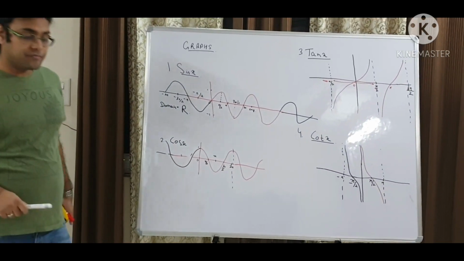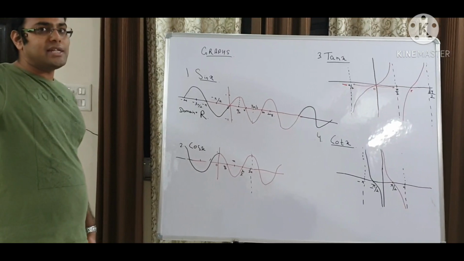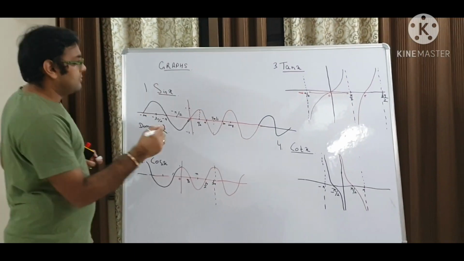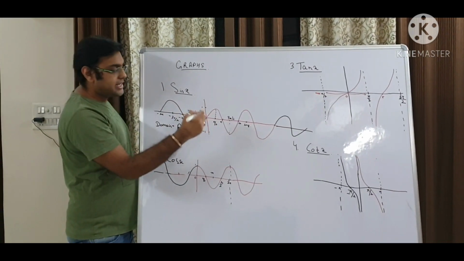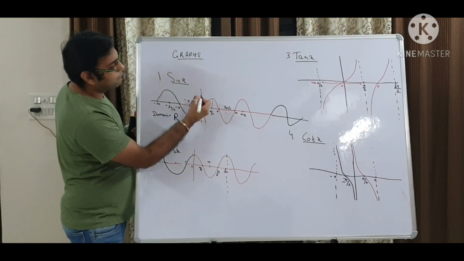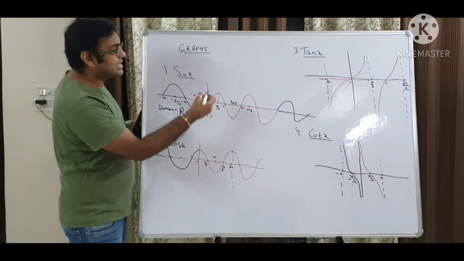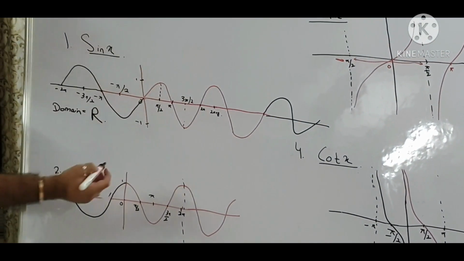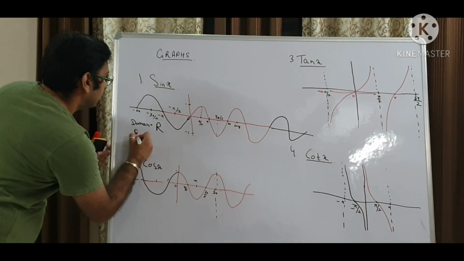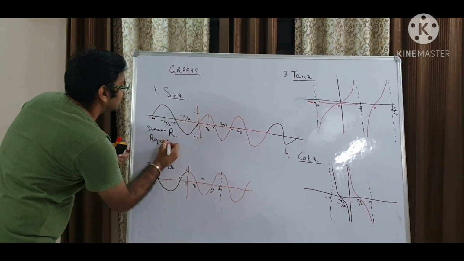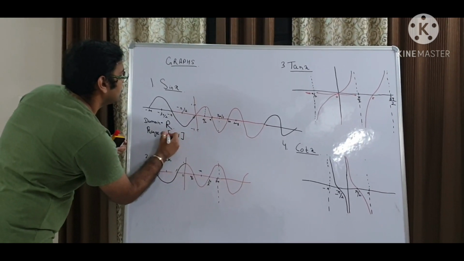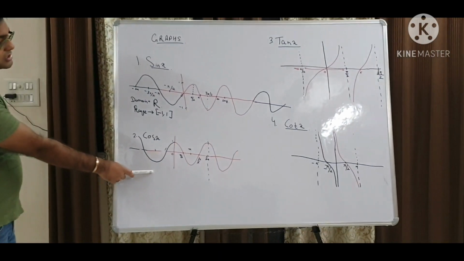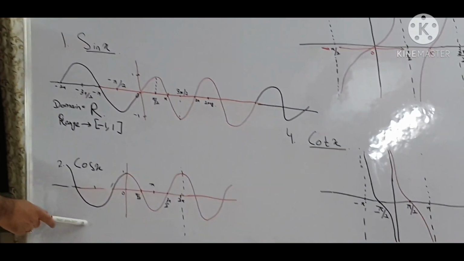And now what is range? Range is, you can say, all the values of y that a function can attain. Now in this curve of sin x, the maximum value is 1 and the minimum value is minus 1. This sin x curve is oscillating between the values 1 and minus 1. Hence, the range of sin x is minus 1 to 1, both included. Similarly, the domain of cos x is all real numbers and the range is from minus 1 to 1.